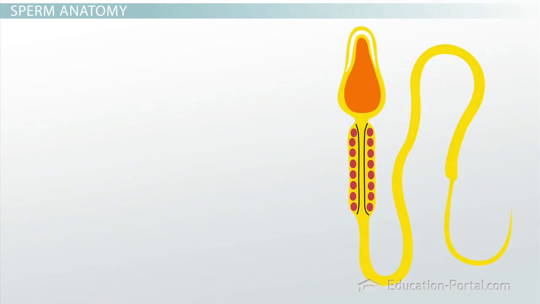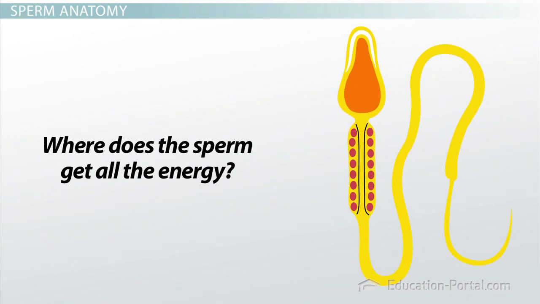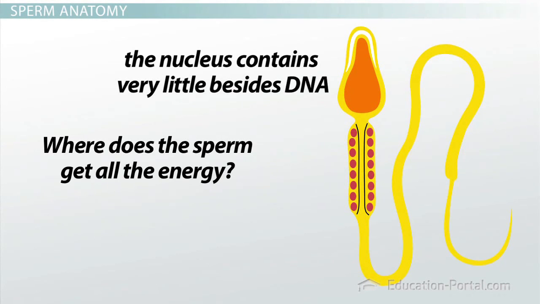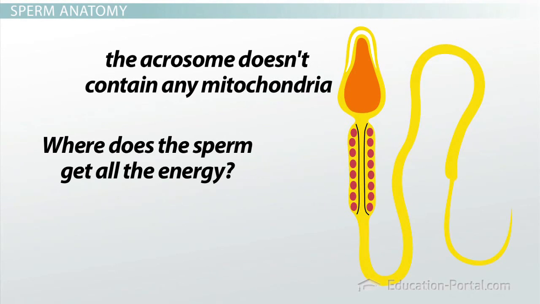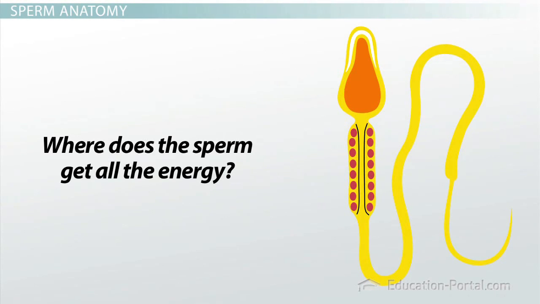Now you may be wondering where the sperm cell gets the energy to whip a long flagellum back and forth so vigorously. After all, the nucleus contains very little besides DNA, and the acrosome doesn't contain any mitochondria to provide energy. That just leaves the flagellum itself. Sure enough, a portion of the flagellum right here is surrounded by mitochondria that provide the ATP that powers